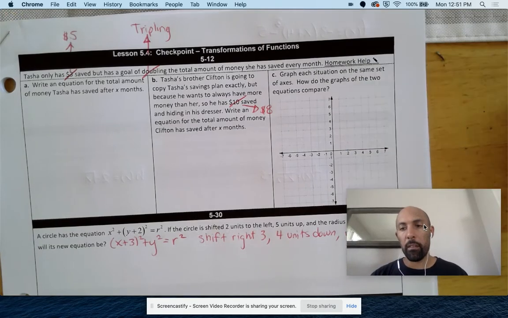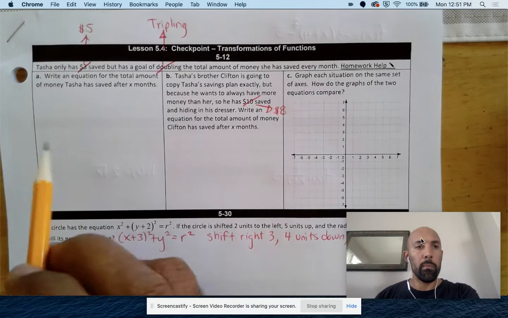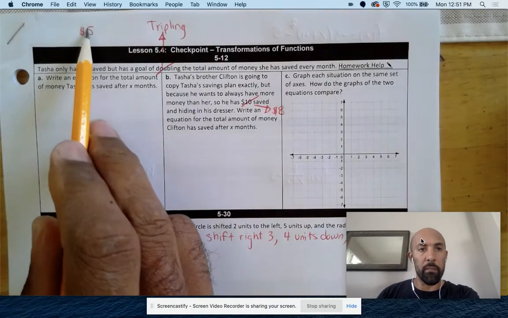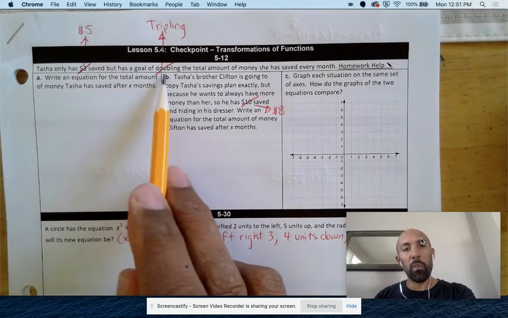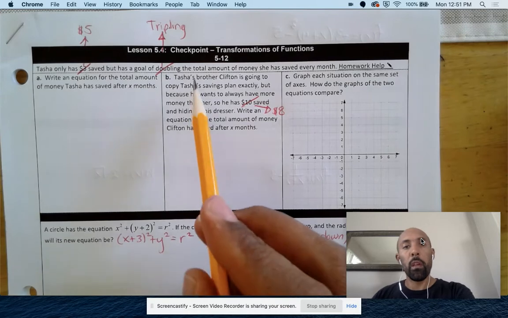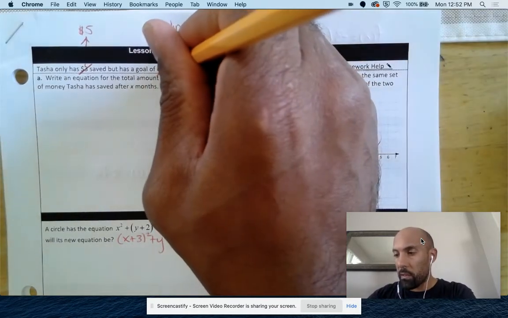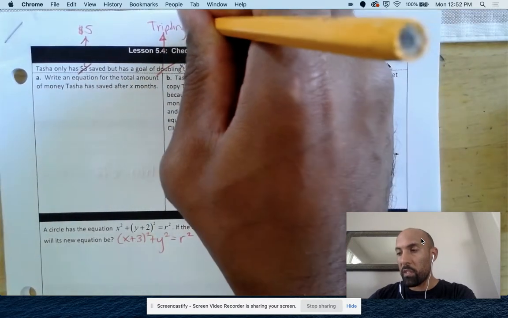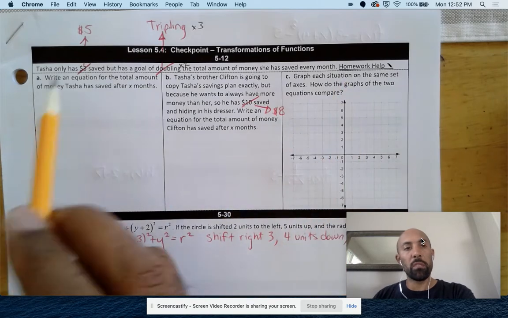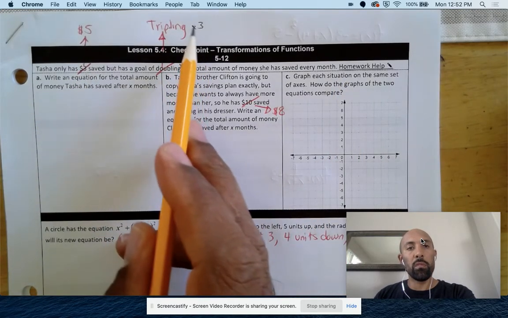Let me move my head down here a little bit out of the way. Okay, so it starts off with saying Tasha has only, I'm going to say $5, but has a goal of doubling, but I'm going to say tripling for my example. Doubling just means you're multiplying times 2, whereas tripling is like times 3. The total amount of money she has saved every month. So she's basically going to start off with $5, and then she's going to triple that